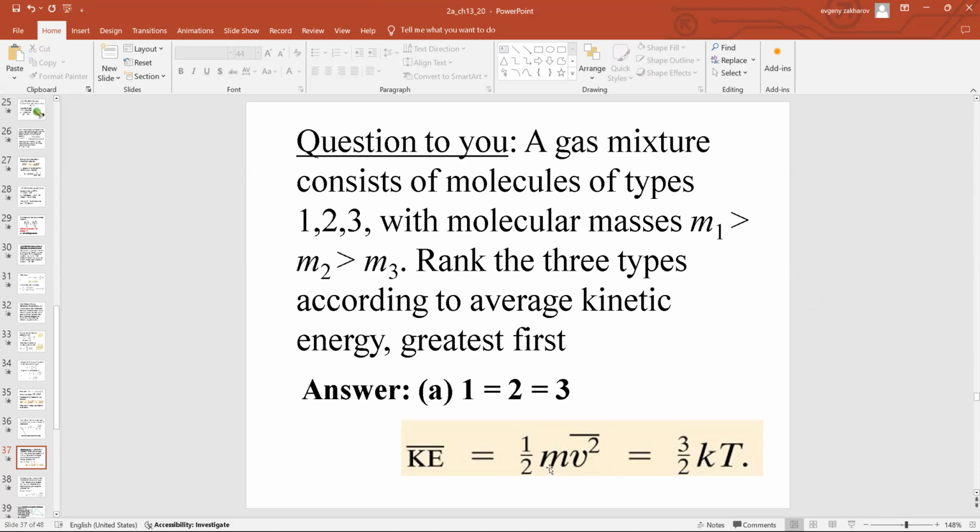Remember how it was, is it the moon on the earth or the earth on the moon with the force? And you say forces are the same, but if mass is more, acceleration is less. Acceleration is more, mass is less. That's why for the moon, the mass is less, acceleration is more. That's why the moon goes around the earth. And for the earth, mass is more, acceleration is less, and the earth is just